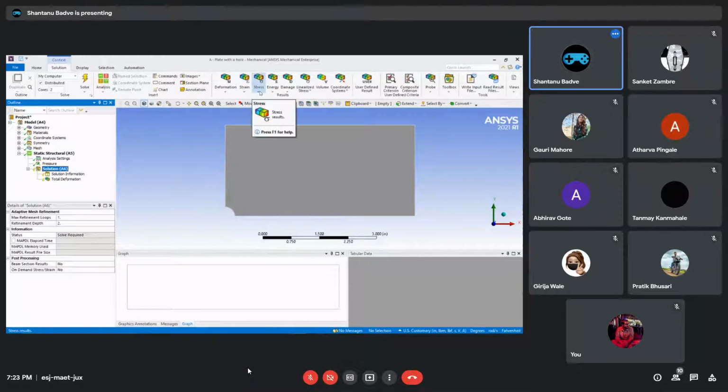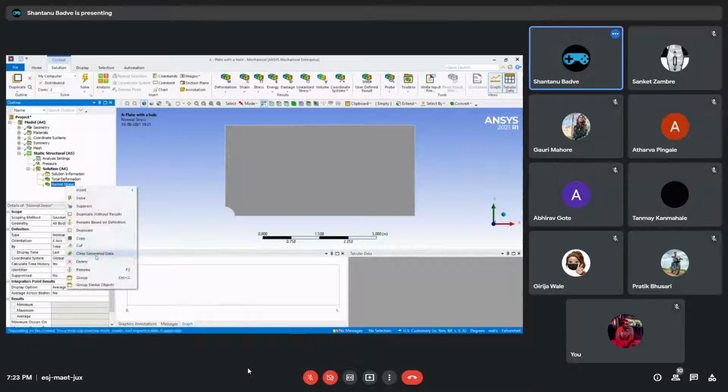Then we will again click on solution. We will add a stress. Now we need to add four different types of stresses. We will first add a normal stress. This normal stress we will rename. We'll call it sigma max, the max stress that I was talking about, that we just calculated. Now this max stress is obviously applied along the x-axis, and therefore we are going to leave the orientation as it is.